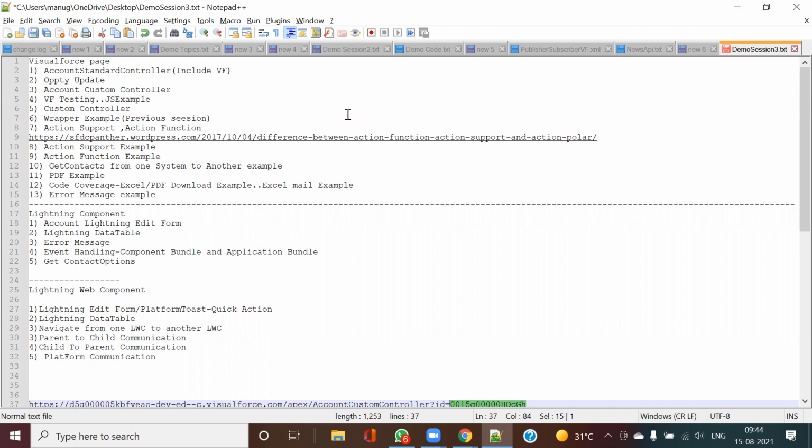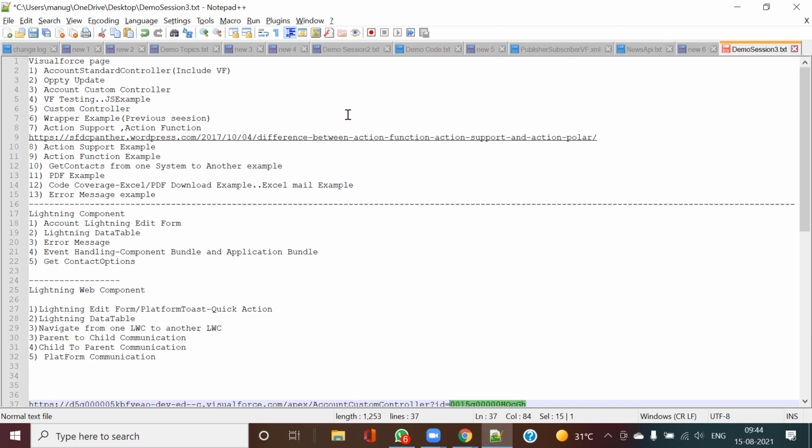Controller extensions, could you please repeat? So controller extension, let me give you one example. Assume I have an account standard controller extension. There are two types: standard controller extension and custom controller extension.